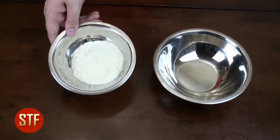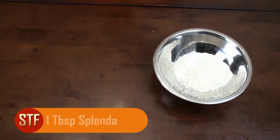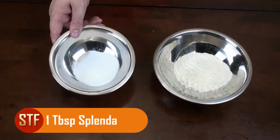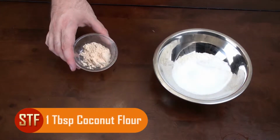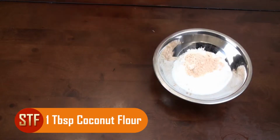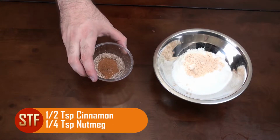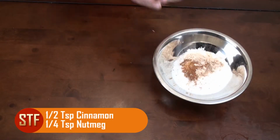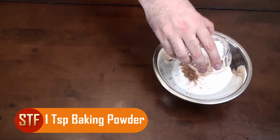All right, start with 1 scoop of vanilla protein powder, 1 tablespoon of Splenda, 1 tablespoon of coconut flour, 1/2 teaspoon of cinnamon and 1/4 teaspoon of nutmeg, 1 teaspoon of baking powder,